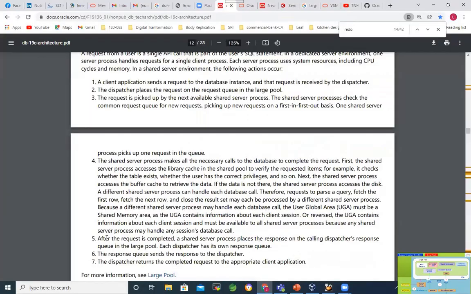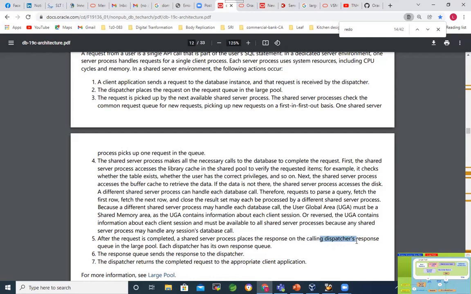If you go back here, step number 5: after the request is completed, the shared server process places the response in the calling dispatcher's response queue. Whoever initiated the request, the same dispatcher will continue to complete the request as well, and that dispatcher will be taking the response.